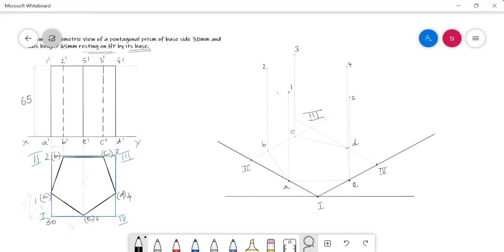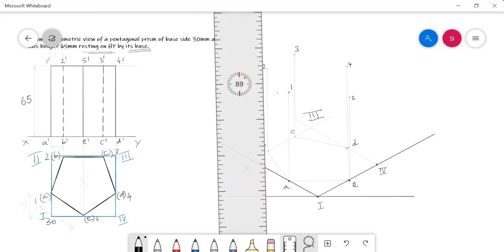Now my duty is to connect all the face corners.